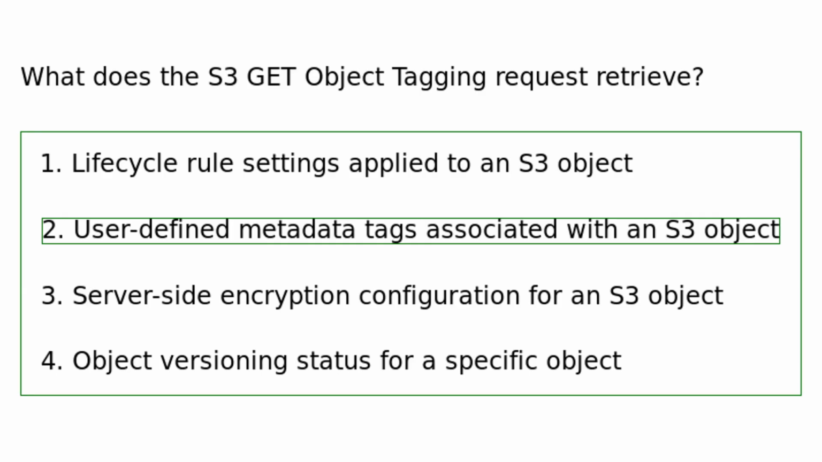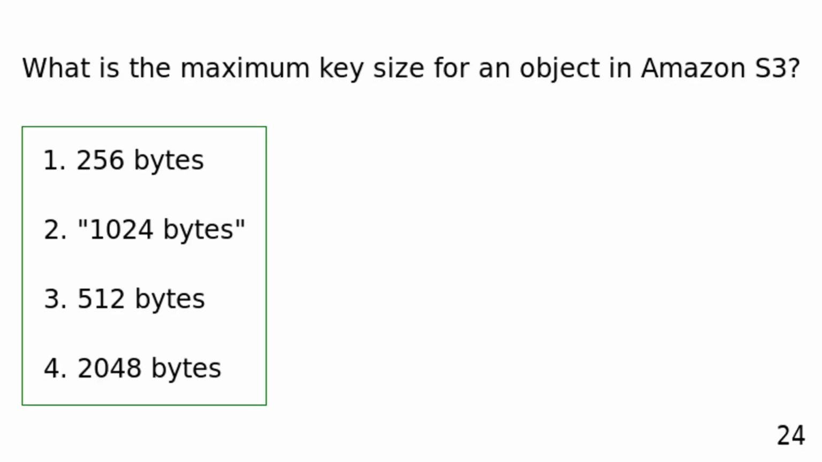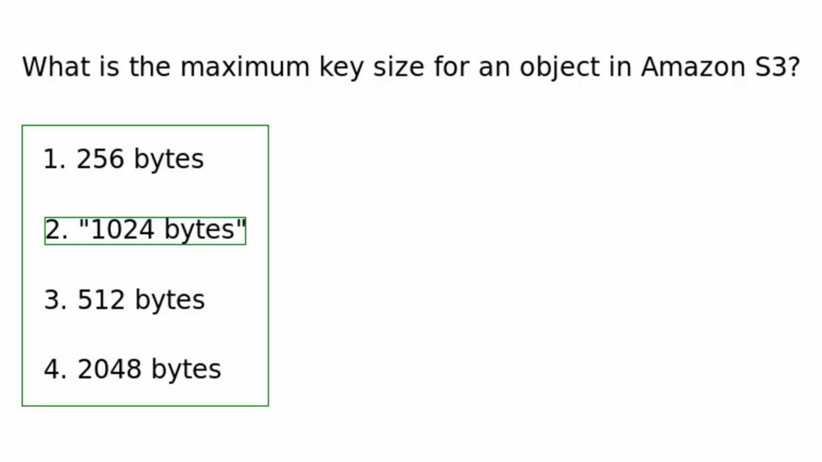manage objects. What is the maximum key size for an object in Amazon S3? 256 bytes. 1024 bytes. 512 bytes. 2048 bytes. The maximum key size for an object stored in Amazon S3 is 1024 bytes, allowing for descriptive and meaningful naming